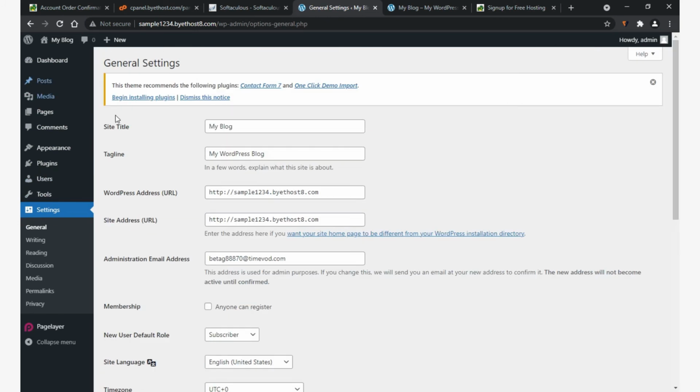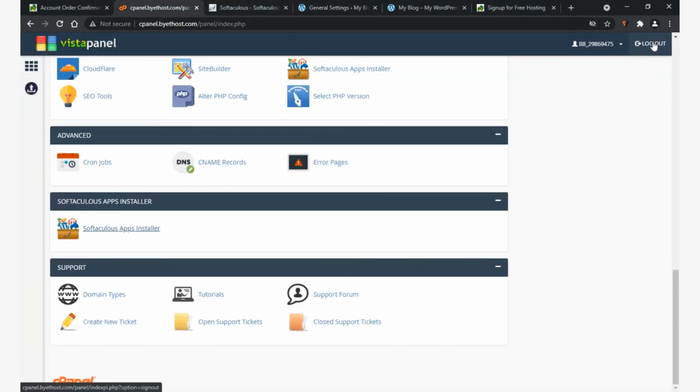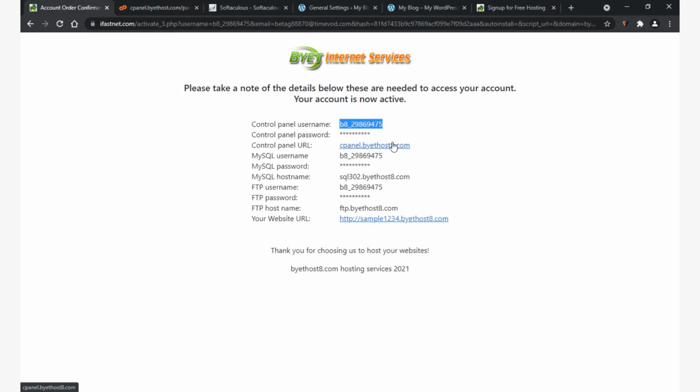When you log out of your cPanel, how do you log back in? That is simple. This is the URL. Click the URL and enter the username and your password, the one we used in the registration. There are also MySQL and FTP usernames, passwords, and many things available. But learning all of cPanel is the main important thing, so you can also learn these things.